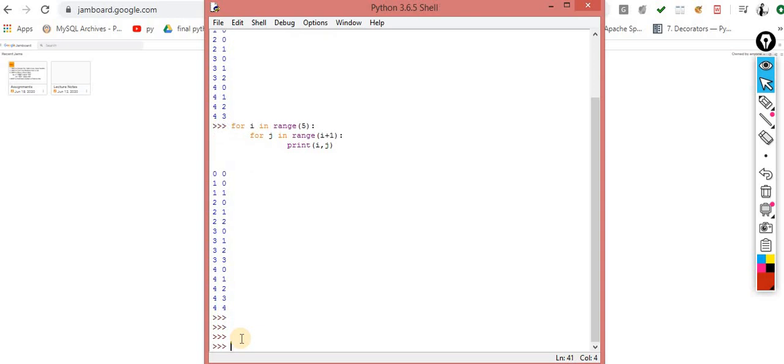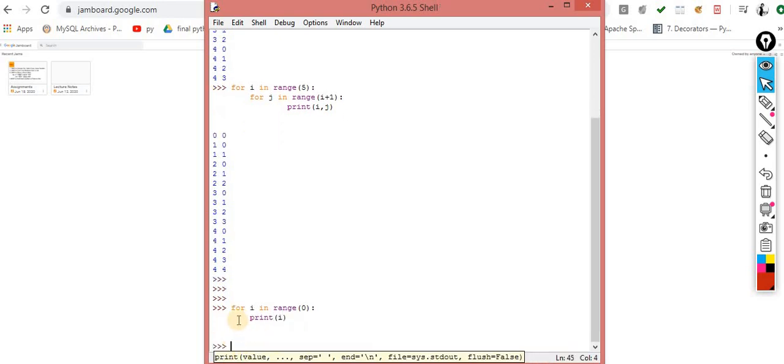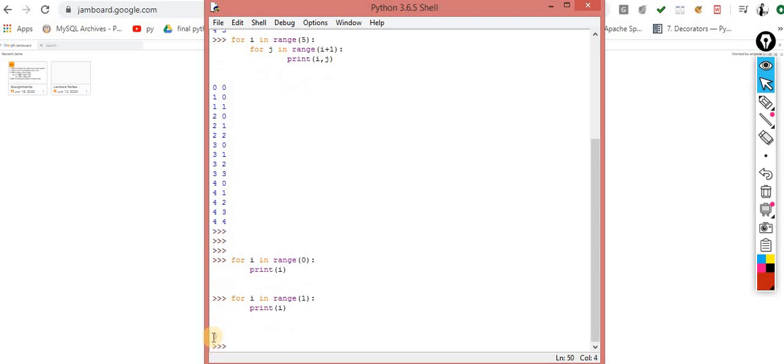Okay, if I perform this, for I in range of 0, what sense does it make? Nothing. I am saying 0 iteration. 0 means nothing. So it says okay, nothing. There should be a minimum of 1 for the 0th iteration. As we know, it is always n minus 1. The meaning of 1 is it will execute for 0 only, because I value is 0. If here is 5, then I value is 0, 1, 2, 3, 4 and that's it. If here is 6, then I value is 0, 1, 2, 3, 4, 5. If here is 7, as we know, 0 to 6 and so on.